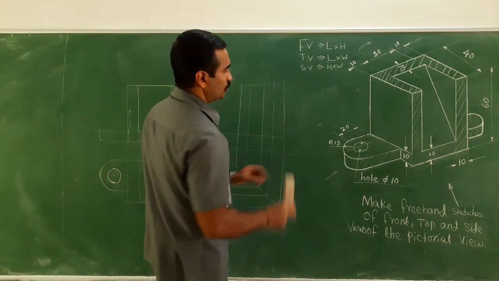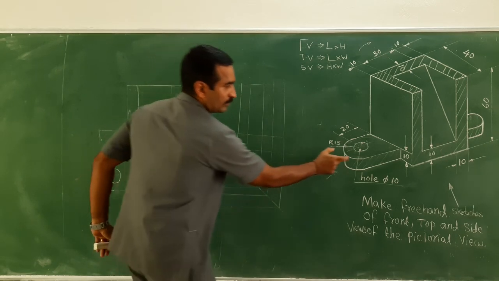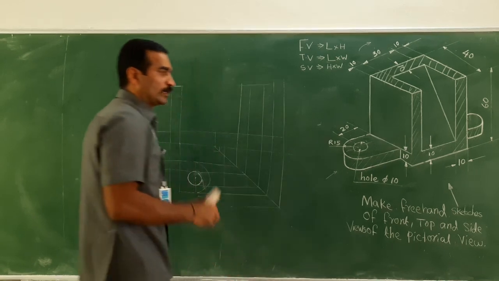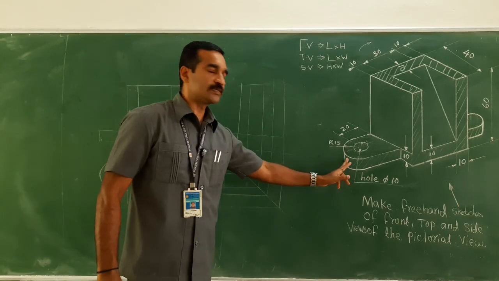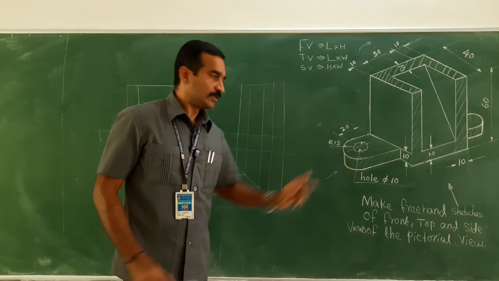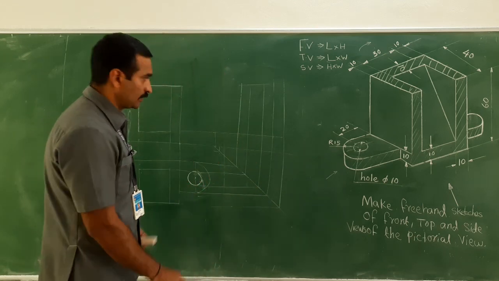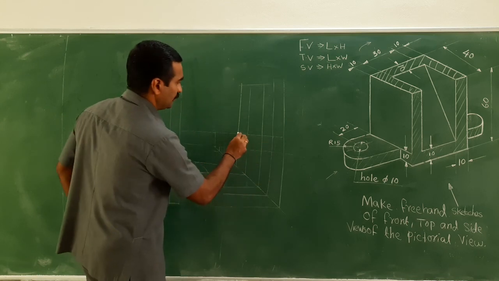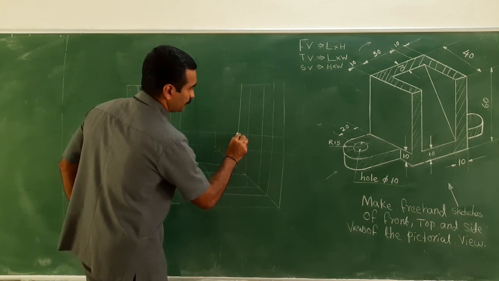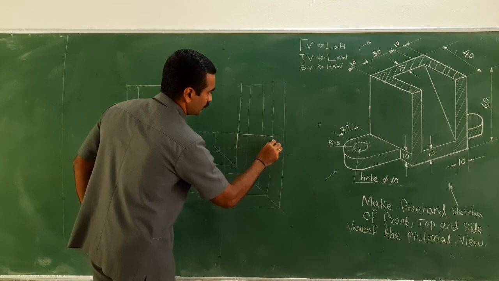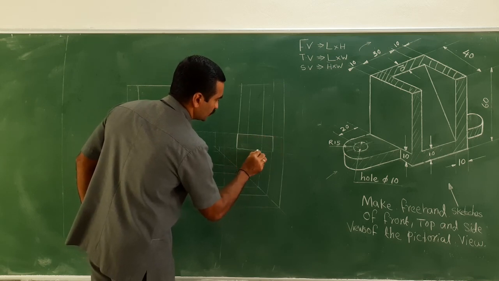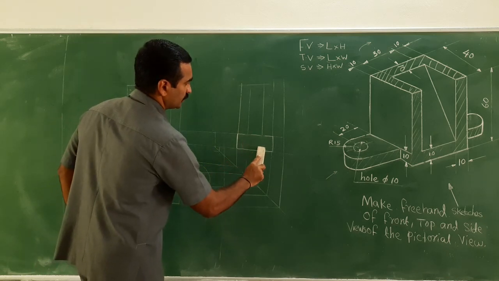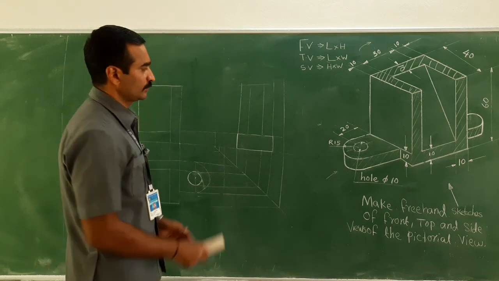Now I am going to look at it from here. I could see this portion. When I look from the left hand side, I cannot see this as a circle. I could see a rectangle. Till where I could see, this is the portion, right? This is the portion where I could see the rectangle. This is a portion I could see, fine. So let me just rub this off so that it won't confuse you, right?